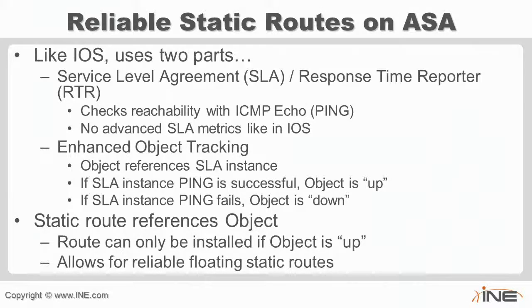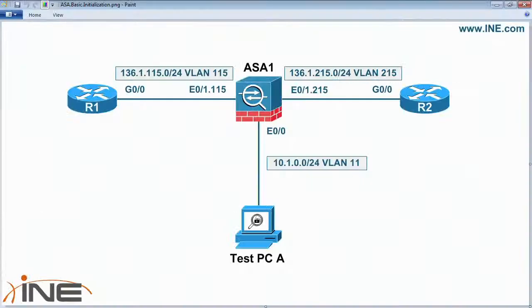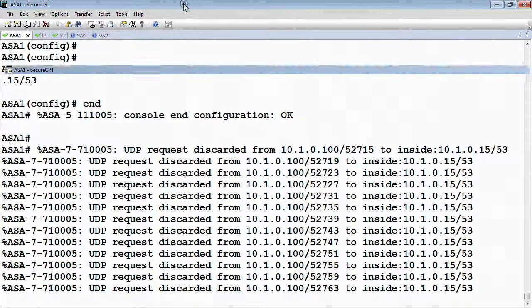That you would say, ping the other end, ping router 1, and as long as I get my response back, I'm going to install the static route towards them in the routing table. But if for some reason they go away, then I'm going to remove that. So let's say like in our particular case here, we have the outside interface that's going to router 2. So on the ASA,